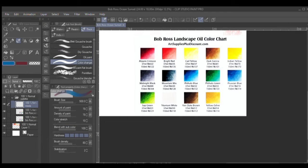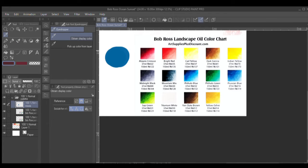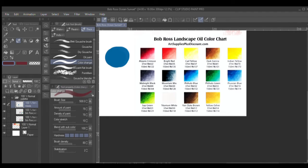Let's just use color change because it didn't seem to make much of a change. So we're going to get really dark here. And let's use that really dark alizarin crimson because I think that's going to get the color that he's going for, my dudes. Well, that's not...